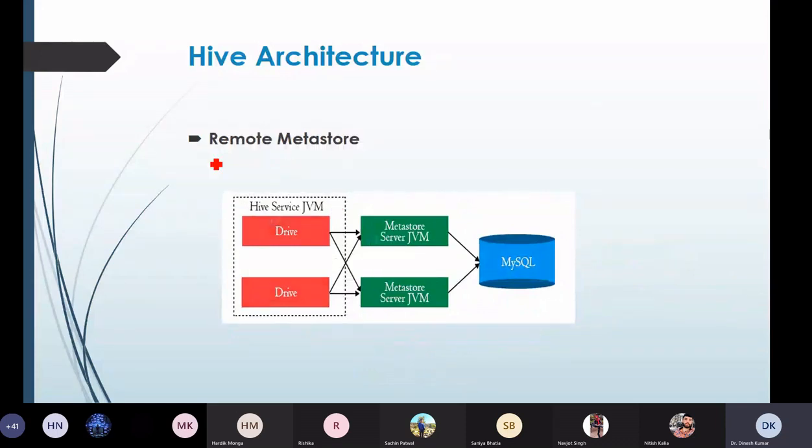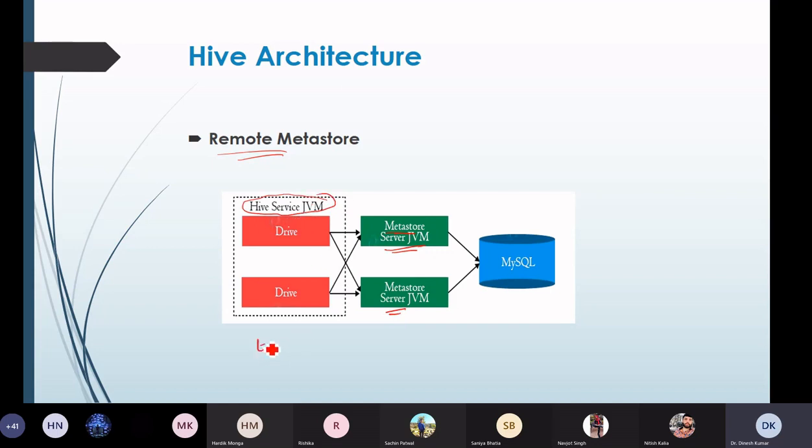Now the third kind of Metastore is the remote Metastore. In this case, every Metastore runs in its own separate JVM. So in the case of the remote Metastore, every Metastore has its own JVM, which is not shared with the JVM of the Hive services.